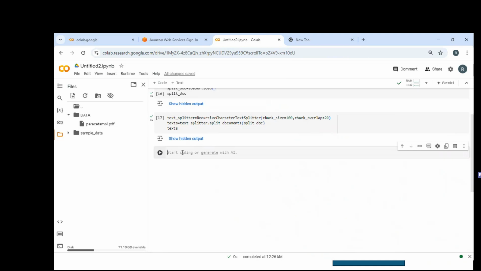Remember from the flow chart, what I did was embedding. So to start with embedding, first of all, you need to install sentence transformer, because that's from here only I'm going to use that model. We'll pip install